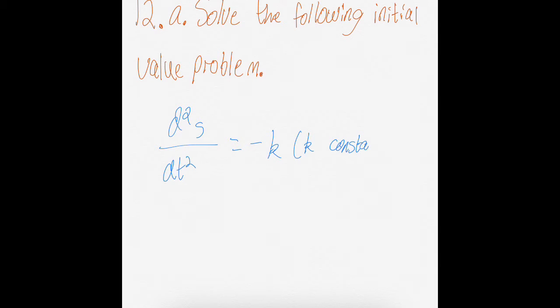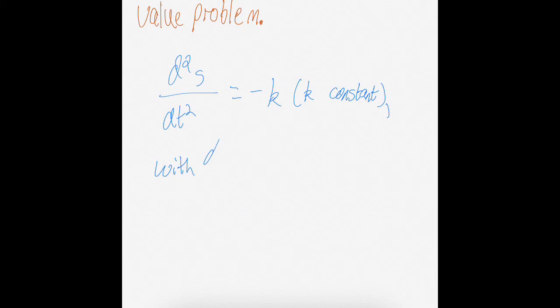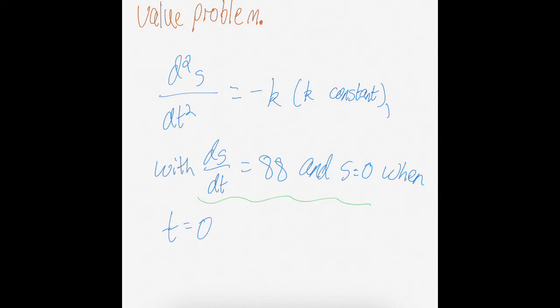Okay, so the first part which we're going to need to solve is the initial value problem. They've broken this up into 3 steps for us. So we need to solve this equation. The second derivative of s with respect to t is negative k, where k is a constant, with ds dt equals 88. So the first derivative of s with respect to t equals 88, and s equals 0